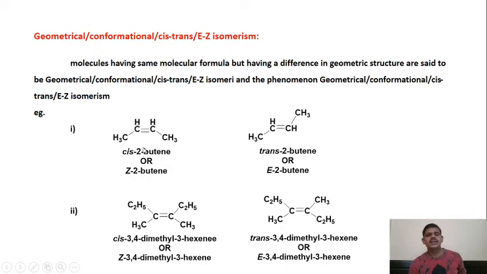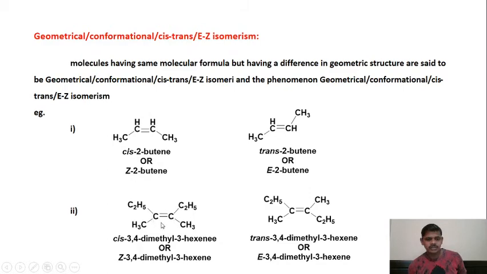Here we have C2H5, C2H5. Instead of these hydrogens, here we replace them with C2H5. How many carbons are there in the chain? 2 plus 1 is 3, 4, 5, 6, so 6 carbons are there, so it is hexene. Here one E is extra, that is a mistake; it is hexene because it is a chain of 6 carbons. And at the third position there is one methyl group, and at the fourth position another methyl group. So 3,4-dimethyl-3-hexene.